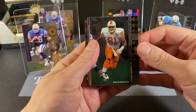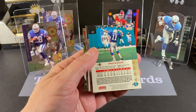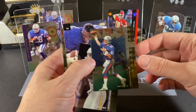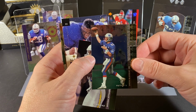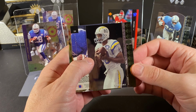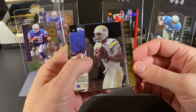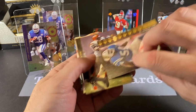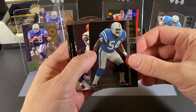Okay, so we have Jackie Harris. He was very good. Drew Bledsoe, who was also very good. But his injury opened the door to you-know-who's soon-to-be Hall of Fame induction. Sean Jefferson, Jeff Herod,